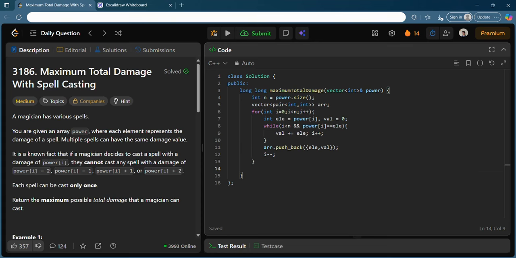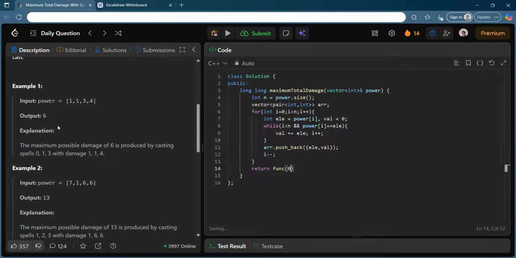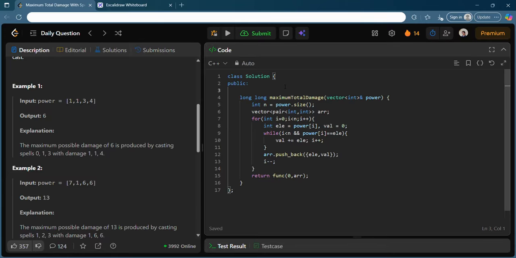Okay, you have created this sorted vector, and you can simply write a recursive function which will give you the answer. Okay, so what you can do is that you can tell me from where to start. So I will start from 0, and I will just start from this 0 index and keep on analyzing, and whether to take not take this, take not take this, take not take this, and so on. Okay, so I will just do that, and I will just also pass this array. Okay, so let me write another function which will be nothing but func.